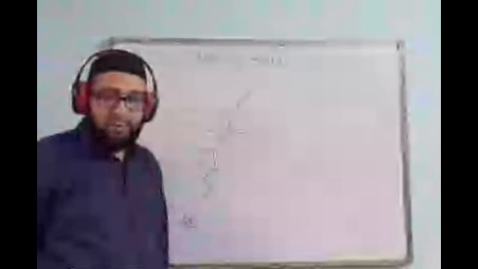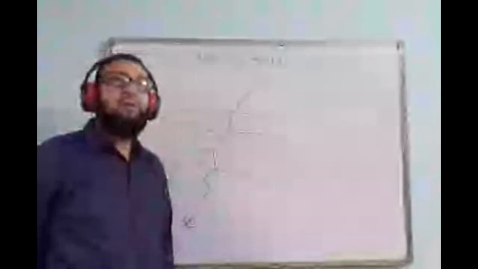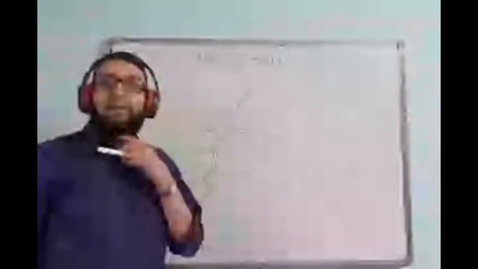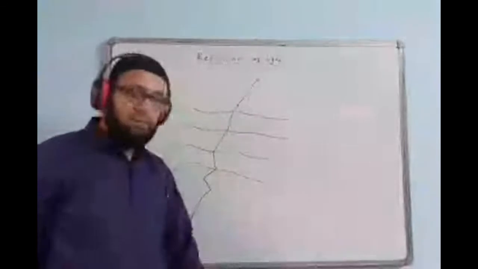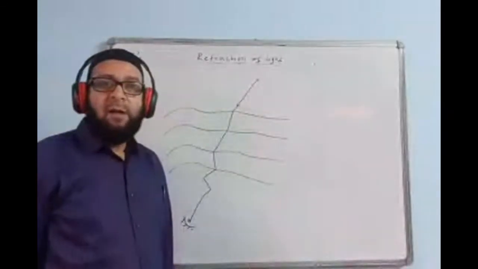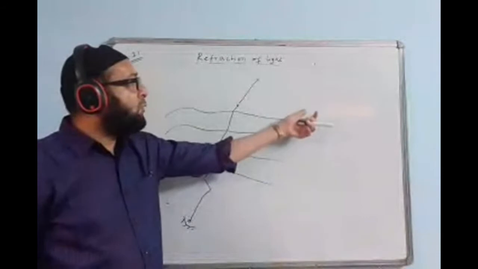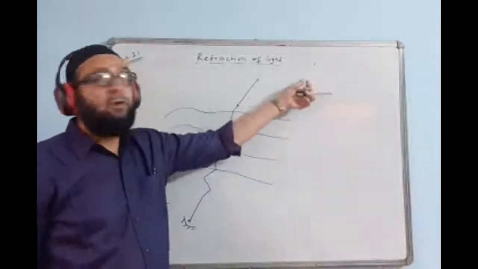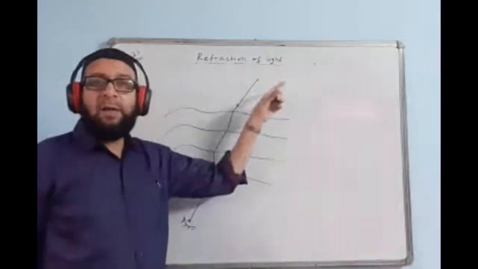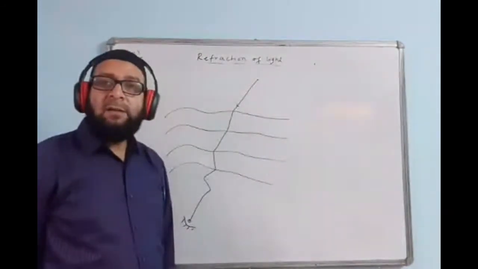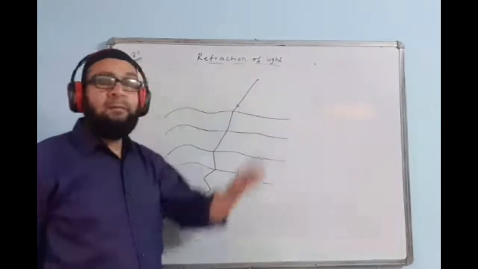Now the second one you can just read. I think you know about it. The sun is seen a few minutes before it rises above the horizon in the morning, while in the evening it is seen a few minutes longer after it sets. That is called formation of twilight. Formation of twilight is also due to refraction. We know the actual height of the sun is here, but it will appear a bit taller. That is the apparent height. The apparent height is more than the actual height due to refraction. It appears to be at a higher altitude.